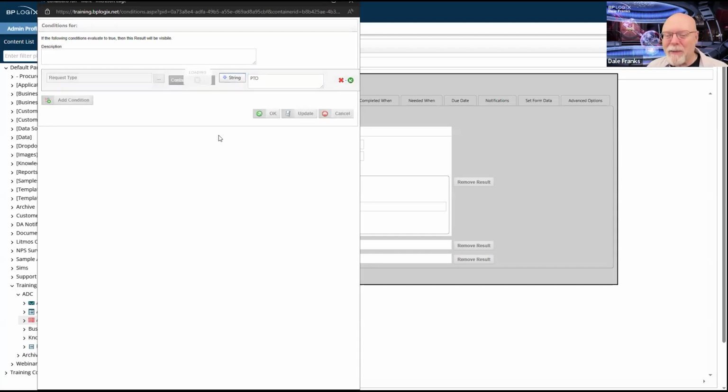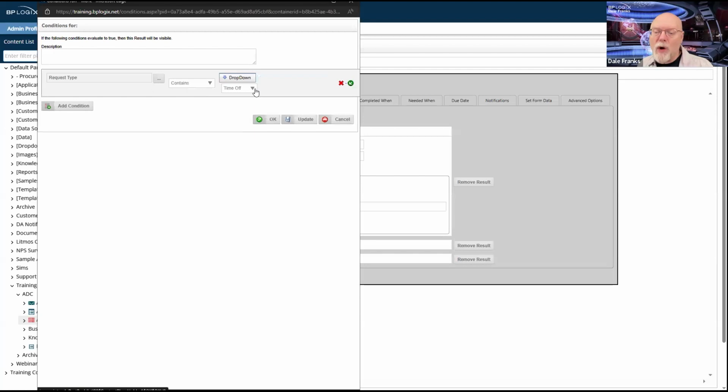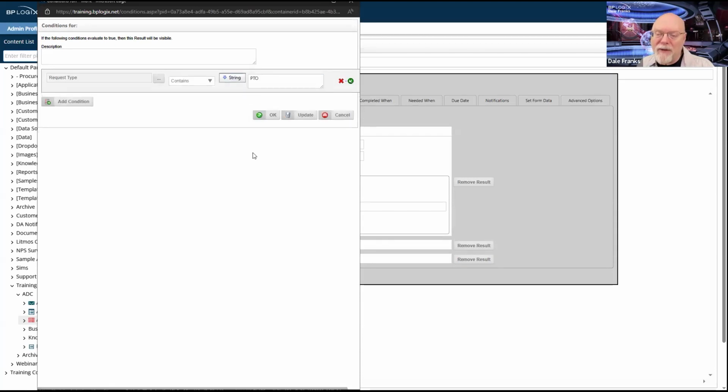Again, I have the ability to do contains here. I think this is probably the fastest way of doing it, but you should be aware that whenever you have a drop-down control and you have linked a drop-down control to it, you have the ability to change this to drop-down and just pick the drop-down value from here. So that's built into the product. It's probably not the fastest way of doing it.